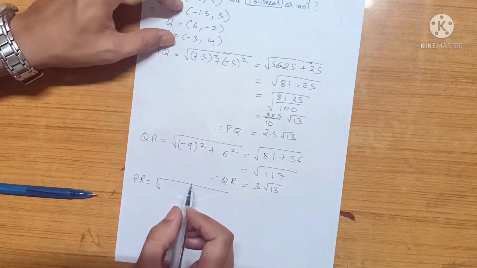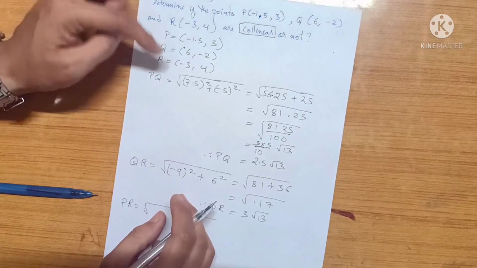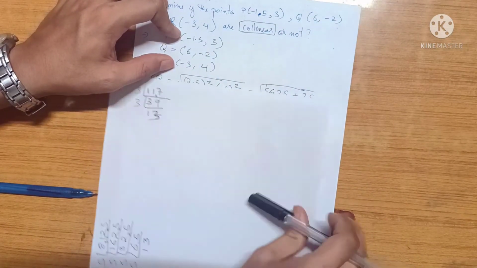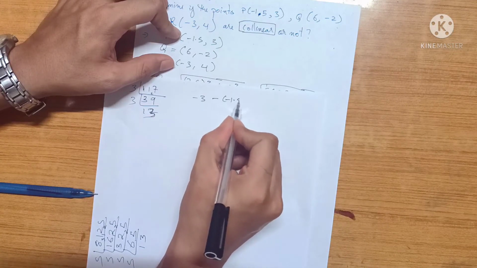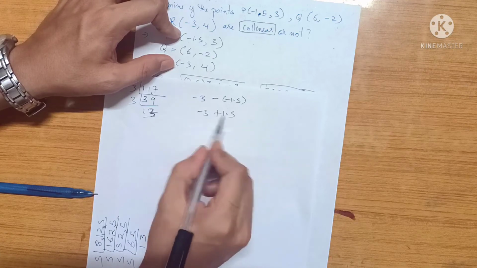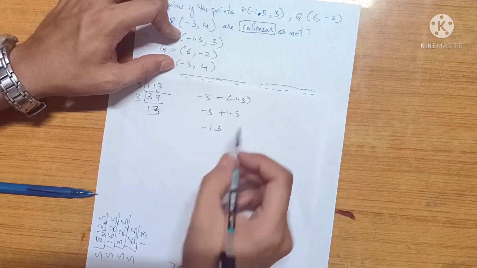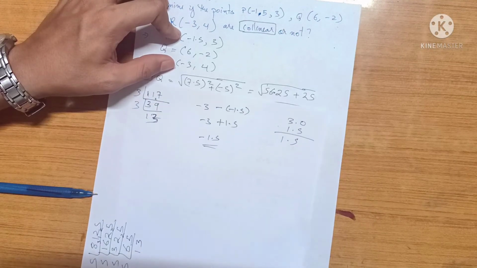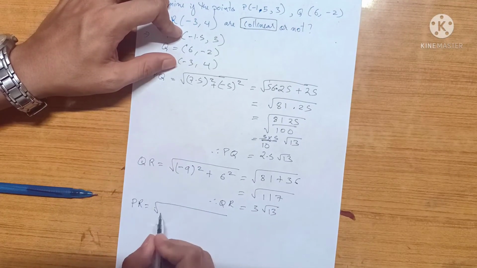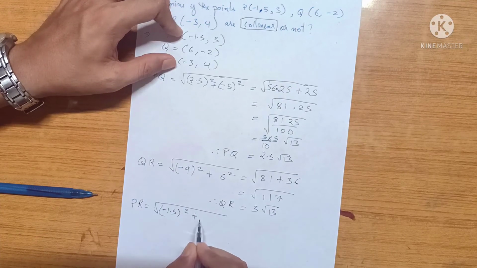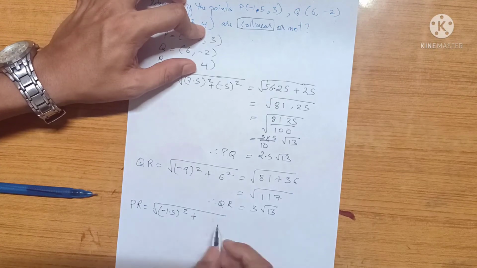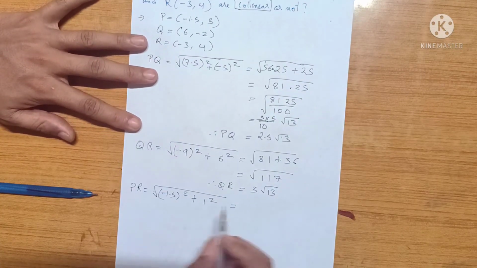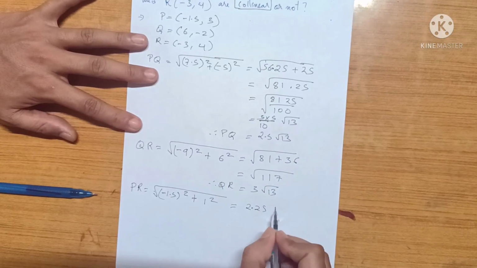As for PR, we'll take these two points. Minus 3 minus 1.5, so minus 3 plus 1.5, but since 3 is larger, it will be in minus, so it's minus 1.5 the whole square. To do shortcuts, your basic calculations should be spot on, okay? Otherwise you could probably calculate with mental math also. 1.5 squared is 2.25, plus 1,